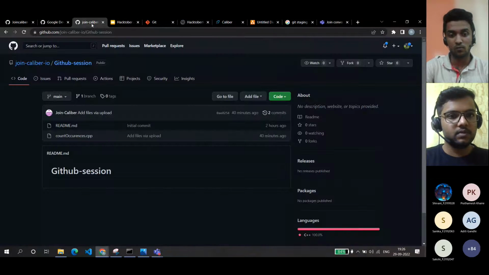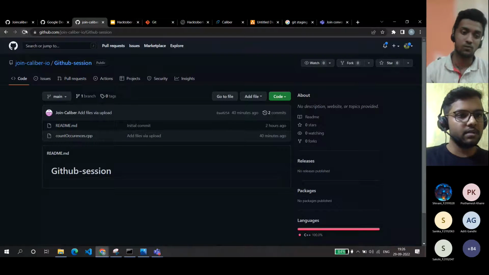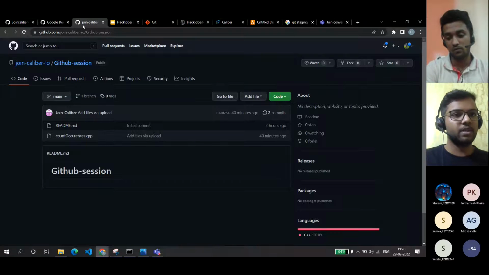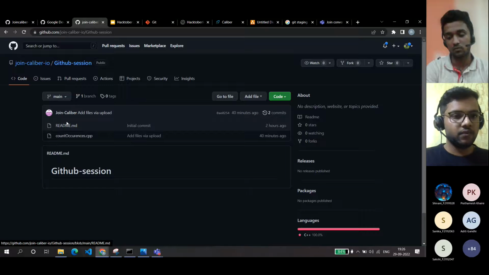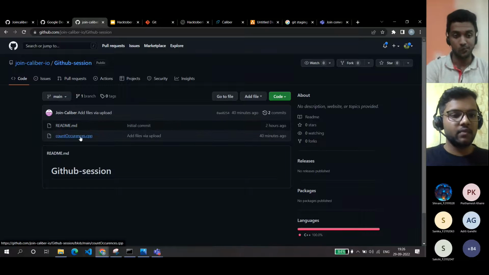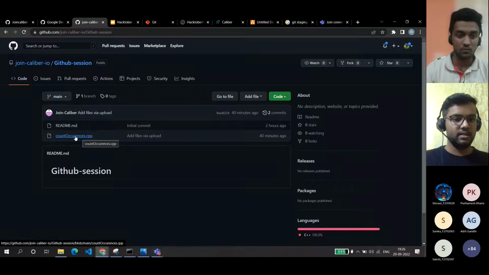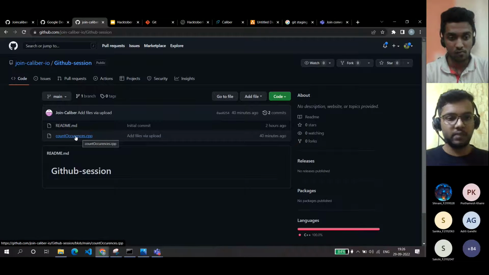This is an example of a repository, and this is hosted on the web. This is hosted on the GitHub account of Join Caliber, and this is the kind of code they have. Let's say I want to use this code or modify it, and submit a pull request to them.